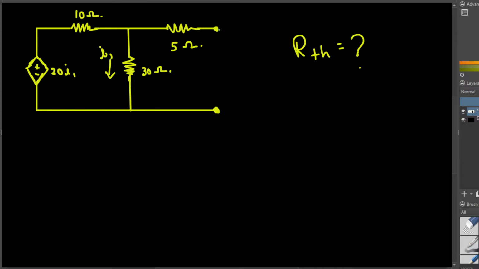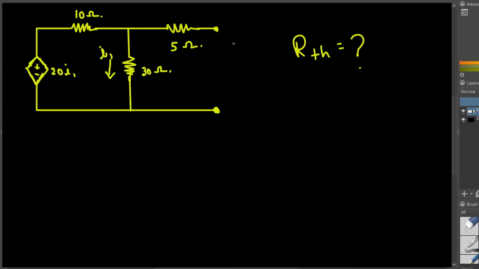R Thevenin. Here you can see we have an open circuit provided, and this is an independent source. Whenever we have an independent source and an open circuit, what we can do is add a